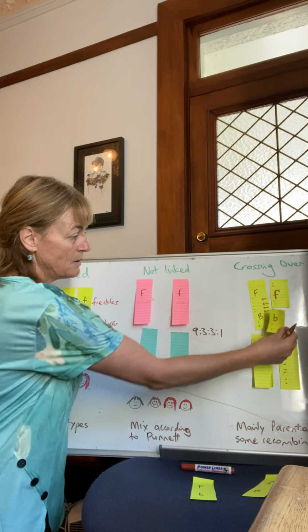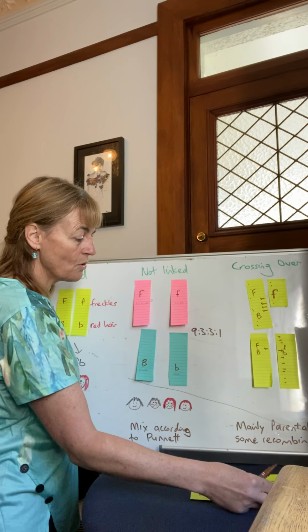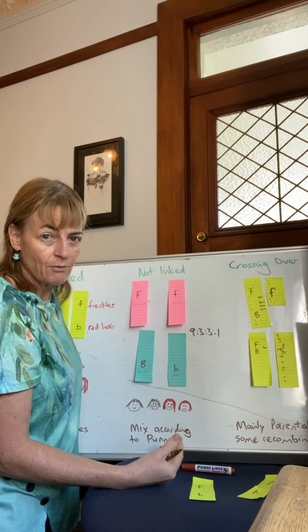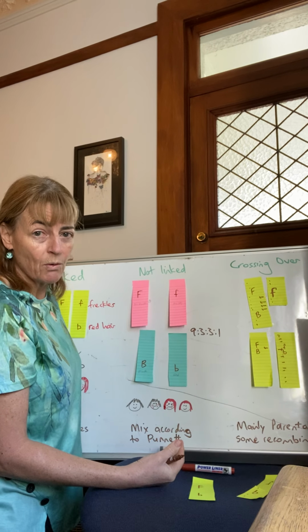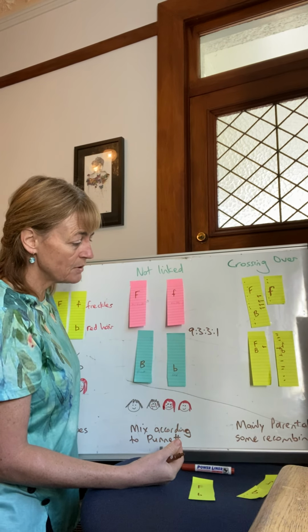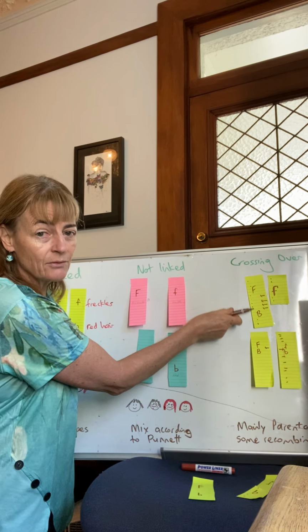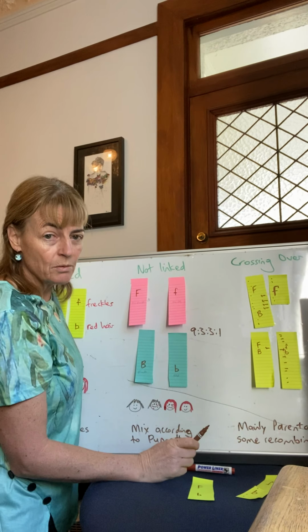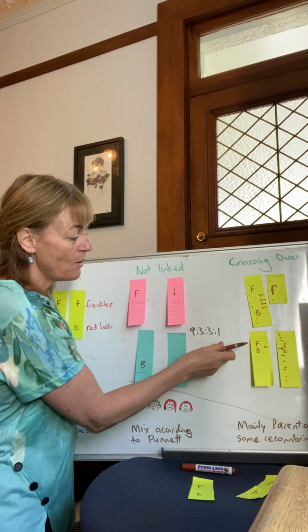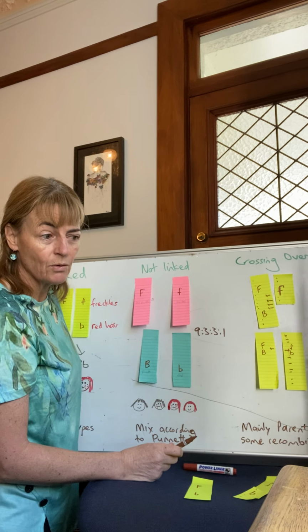crossed over, swapped over like that, and so you got a mix of parental and recombinant types, but the numbers weren't what you expected. And if there is lots of recombinants, then they were probably far apart on the chromosome, and if there weren't many of the recombinant types, then they were probably quite close together and therefore less likely